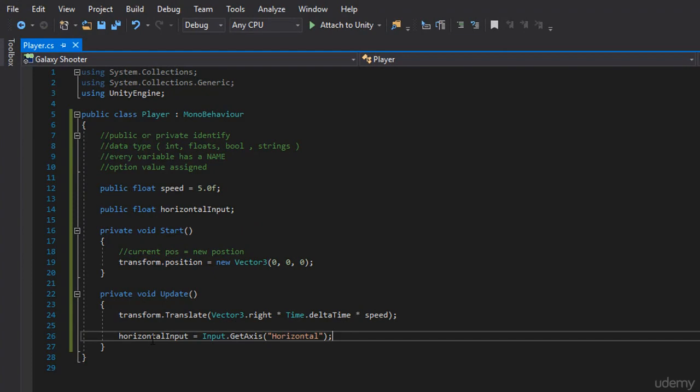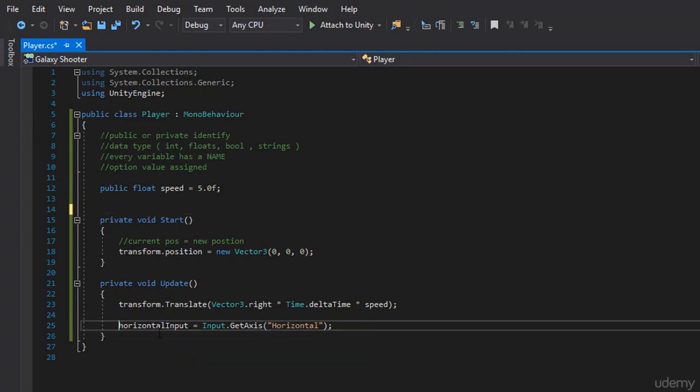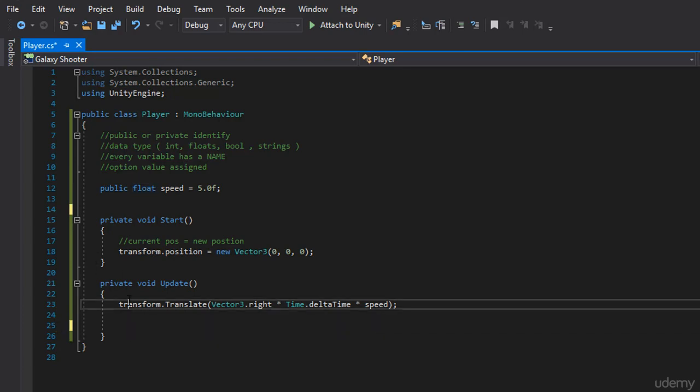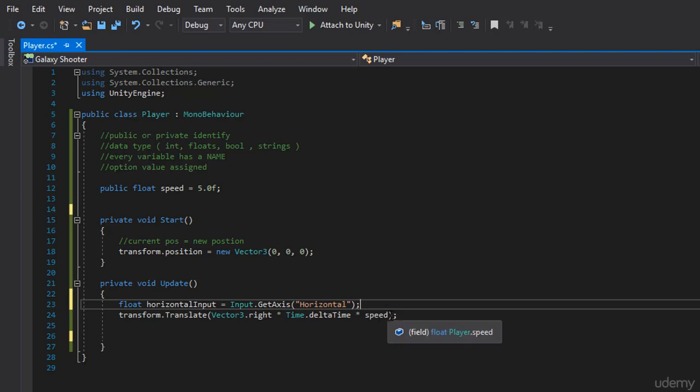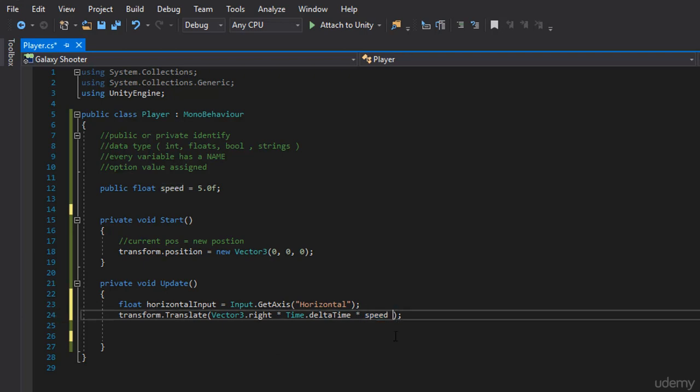Here we have our horizontal input, which equals Input.GetAxis horizontal. I'm going to remove the variable from up here, and declare it locally within the method itself by just adding the data type. So float horizontalInput is the axis of horizontal. I'm going to place this above our previous code. Now we just need to add our horizontal input. Kind of like how we've added real time and our speed, we're going to do the exact same thing. We're going to multiply this by our horizontal input. And if I save this